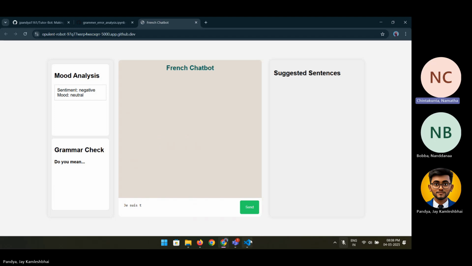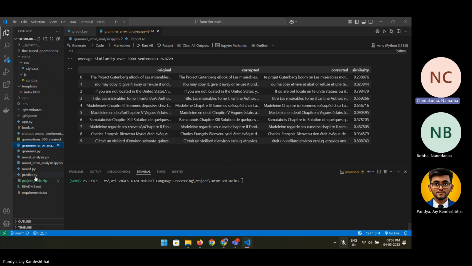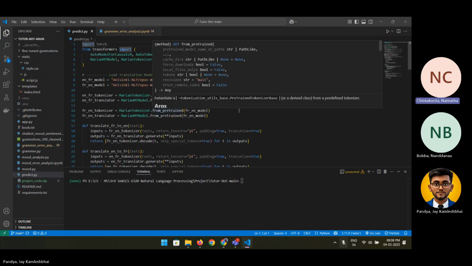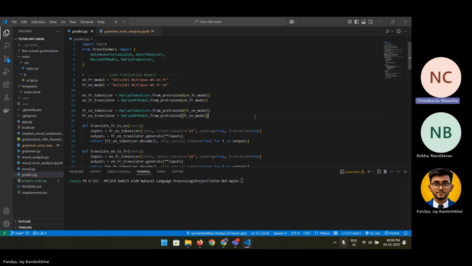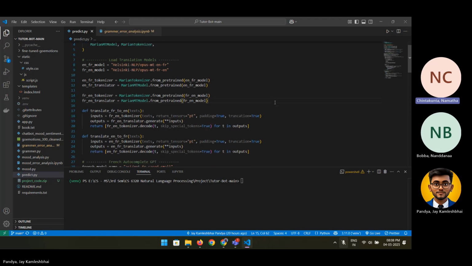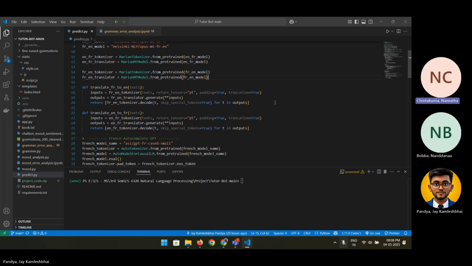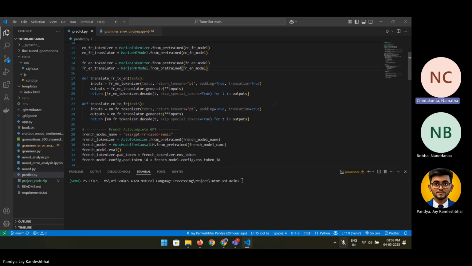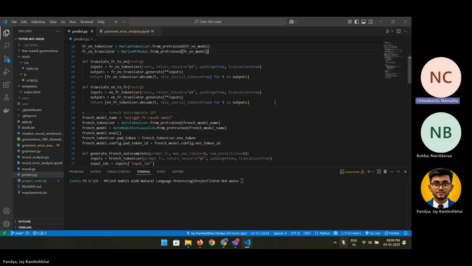We can look at it in the code file over here, which is predict.py. As you can see, it is using Helsinki-NLP, which is known as MarianMT. What it does is, it is a sequence-to-sequence encoder-decoder architecture trained for machine translation. So it first translates English sentences into French, and then the main component of this predict.py is the French